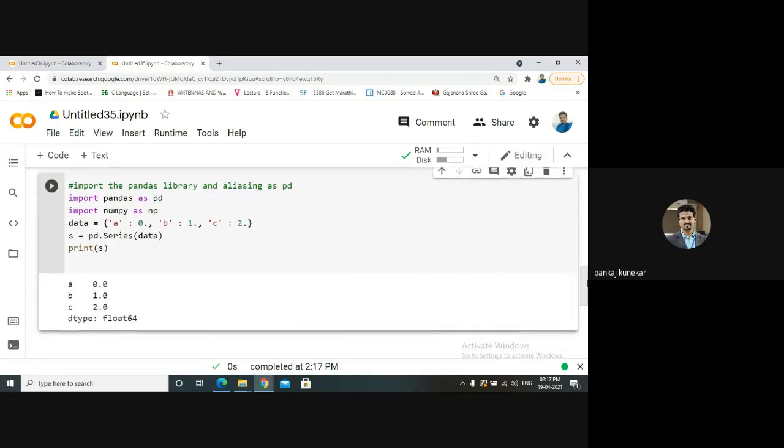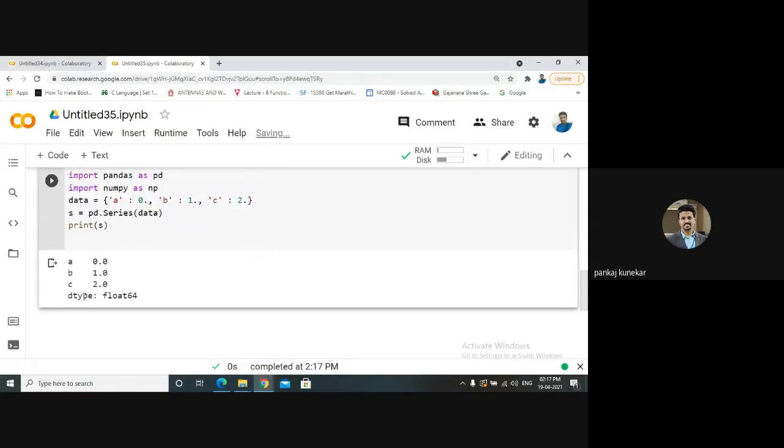So we are creating a Series using a dictionary. All the keys of the dictionary are converted to indices. They are represented as indices A, B, C, and these are the values. Values are nothing but the dictionary values, and keys are nothing but the indices.